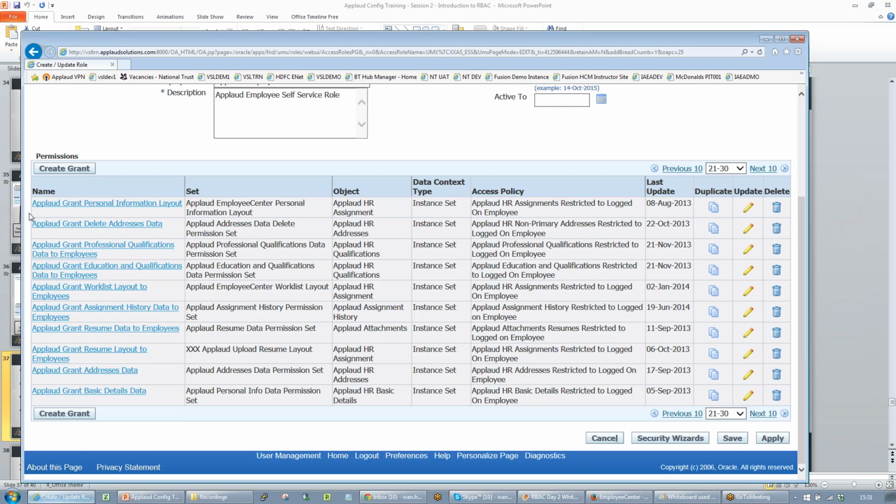Okay, so there's the grant we're talking about. What does it do? First of all, there's the set it's given you access to, and it's giving you access to this data object and these records coming from the access policy. You'll see this one all the time, actually. Once you start using Applaud regularly, you'll look at this and not even think about what it means. But basically, this is the instance set of my own assignment record. So what this is doing is giving me access to the personal information layout when I'm looking at my assignment. So if I was to draw that on here,